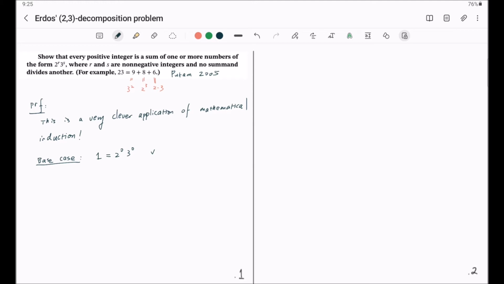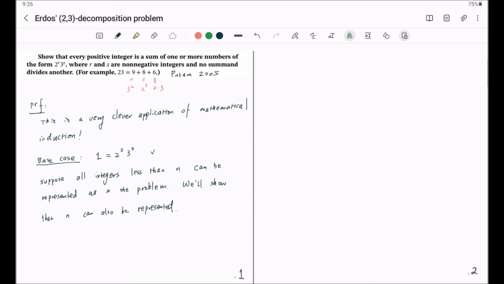Now suppose all integers less than n can be represented as in the problem. We'll show that n can also be represented. And now we'll discuss this in two cases, based on whether n is even or odd. If n is even, then